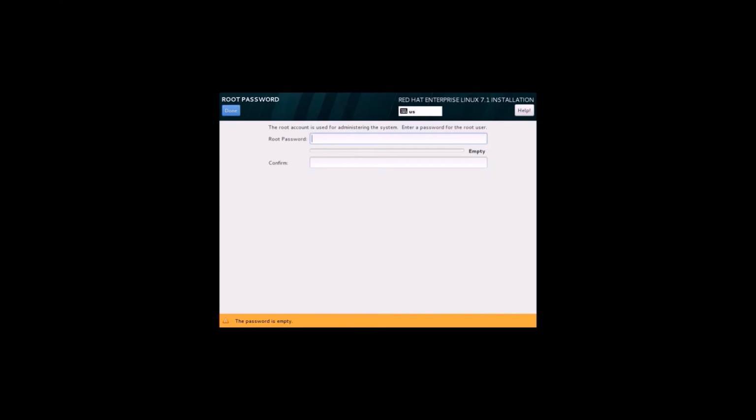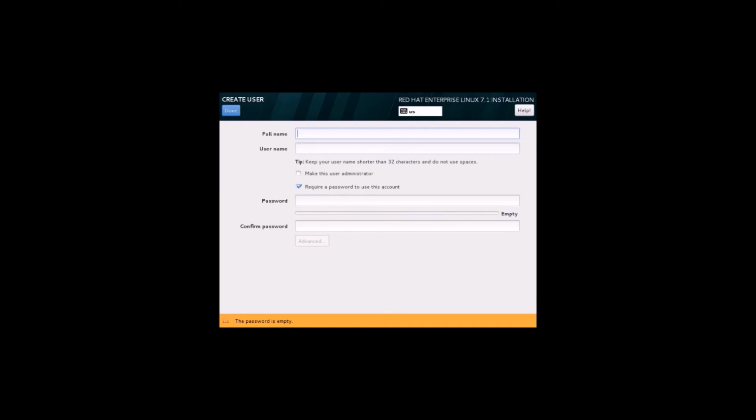The installation process will run automatically, and in the meanwhile we need to configure the root and the user names and passwords. Whatever you want you can keep over here. As of now I am creating the root user. By default the root user is created automatically, we only need to put the root password. I am putting Red Hat here. Once it is done, you can click on the done option.